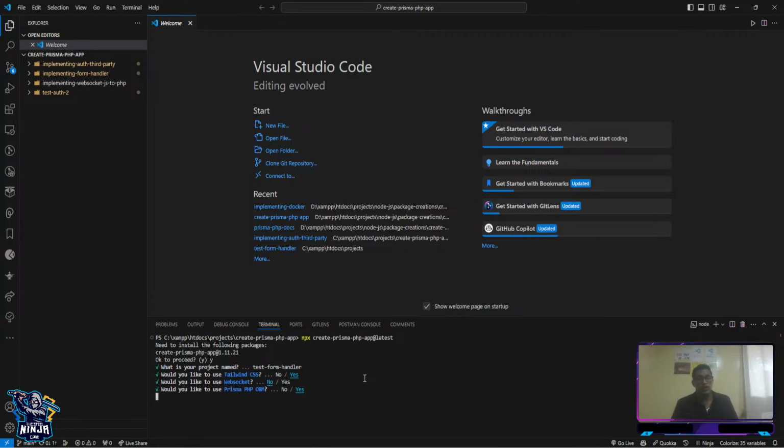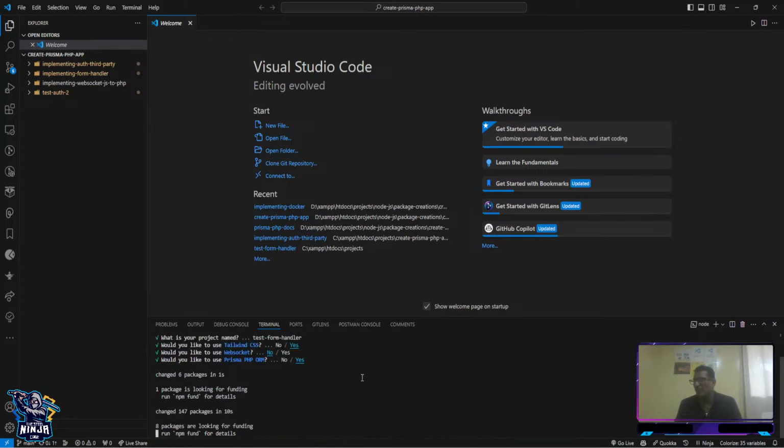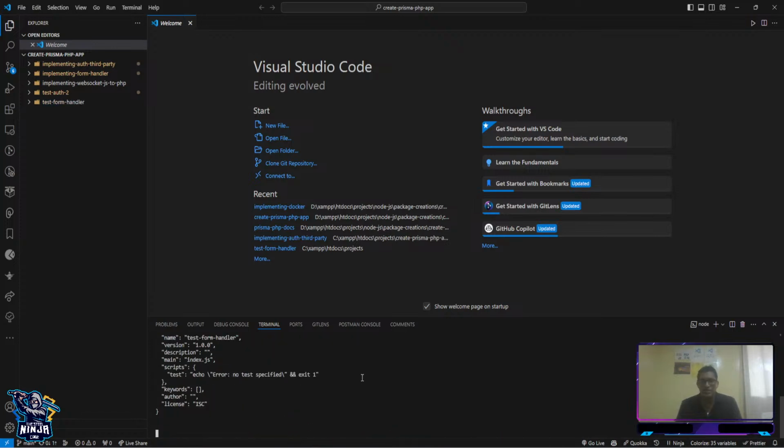Yes. So I start accepting what I'm going to use with. So let's talk about this form handling. This form handling is all about when you're going to use post requests with your form. So it's going to handle that form, and then it's going to give you all that information which you're going to register and validate, which is going to be secure in this case to save in your database,